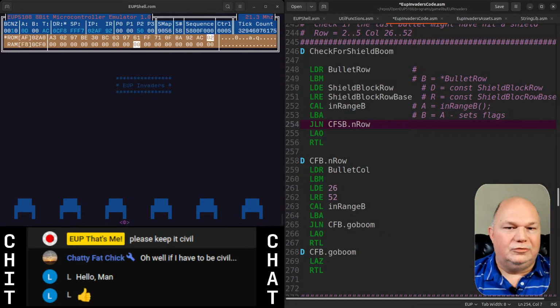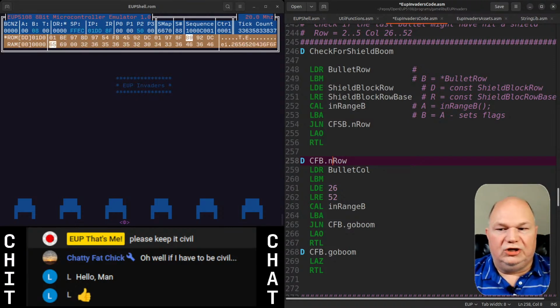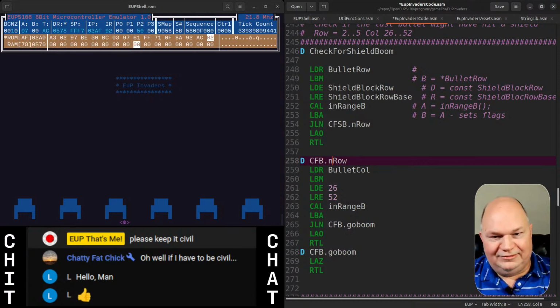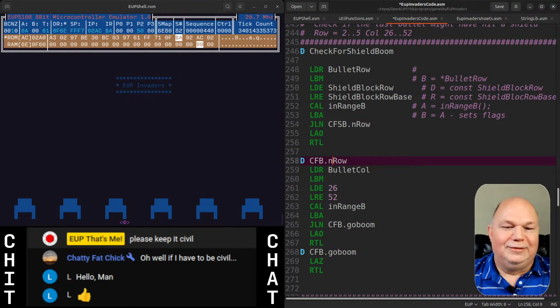Then we are going to jump if the value in B is not a zero value down to this next section, which is going to check for whether it's in one of the columns, right? Well, our shields could be anywhere across the entire bottom. So really I'm going to change that to checking whether or not the column position in our data for that row is a character other than a space. It's rather complicated to say, but